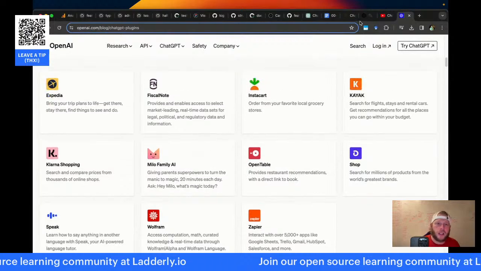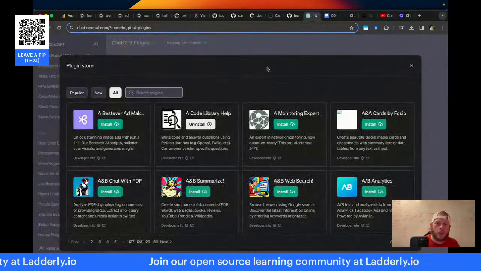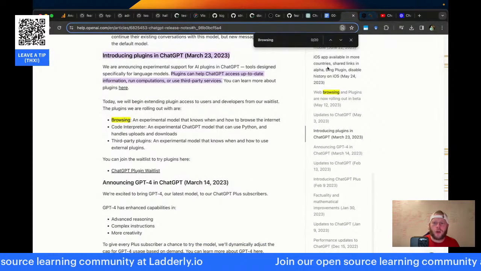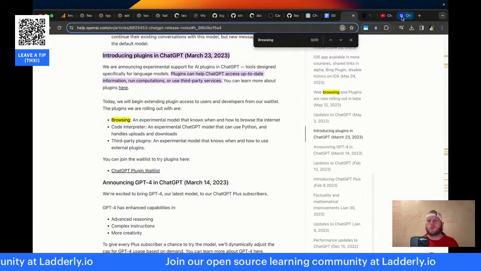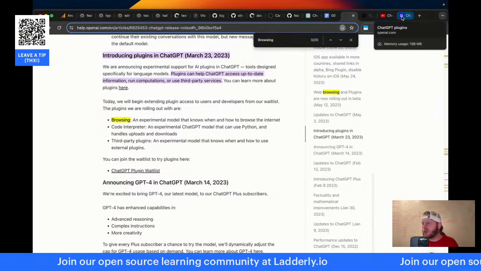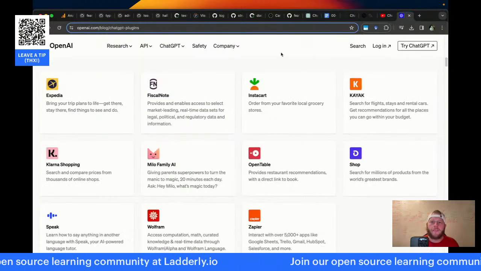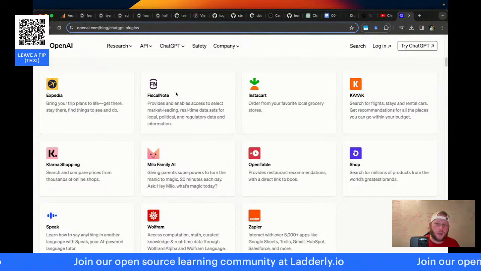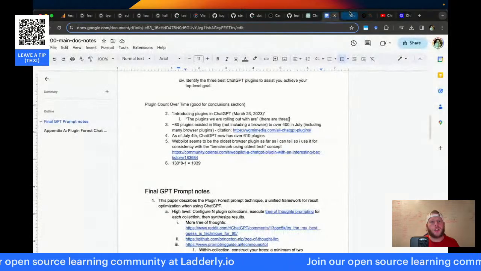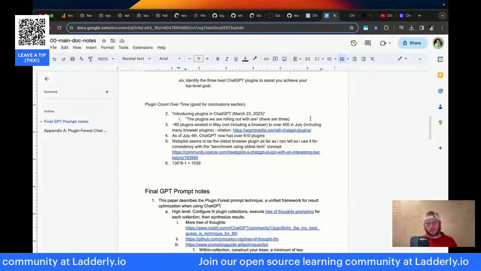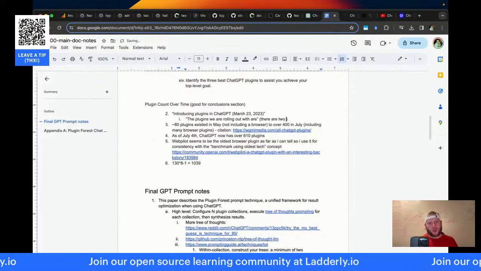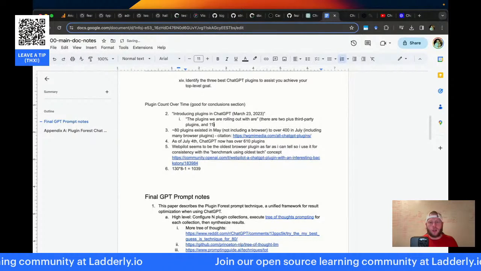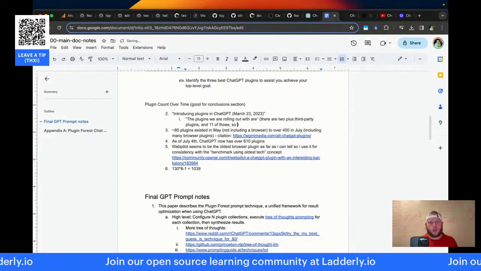Is that what I'm understanding? There was the browsing and the third party and the code interpreter. Okay, so these are the third party ones then. So it'd be these plus 2. Got it. 1, 2, 3, 4, 5, 6, 7, 8, 9, 10, 11. And 2, so they rolled out with 13. There are 2 plus third-party plugins and 11 of those, so a total